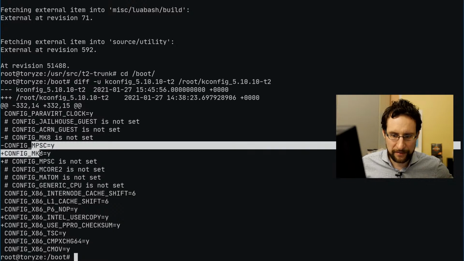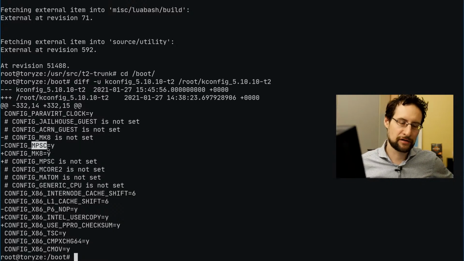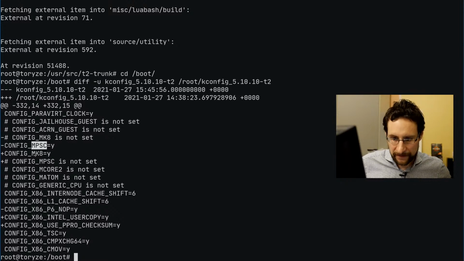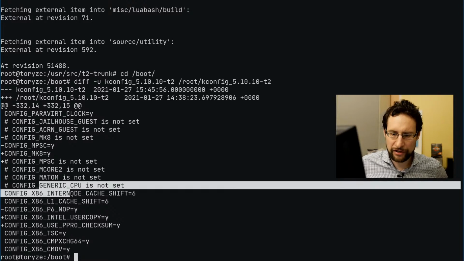Basically only Nocona, so MPSC, because the Linux kernel people couldn't use Nocona, of course they used MPSC, that is Nocona, the very first Xeon whatever stuff. Then, also not MPSC, M stands for machine, so PSC obviously for, is it Prescott? Nocona, anyway. And K8, Core 2, Atom or generic.